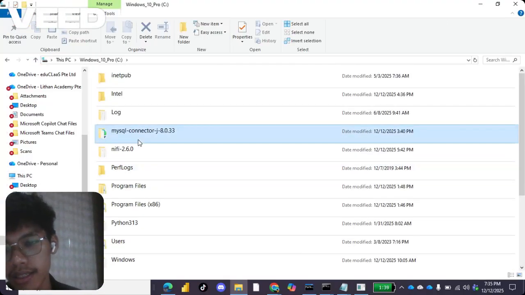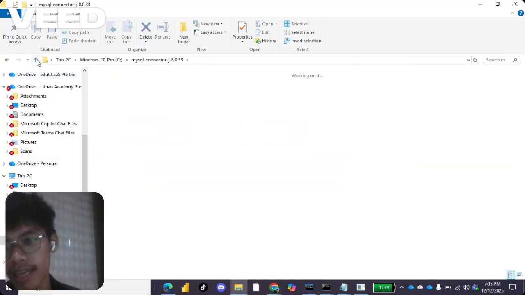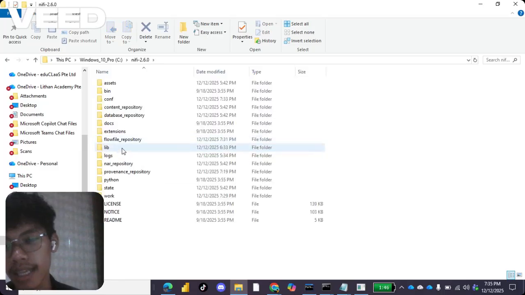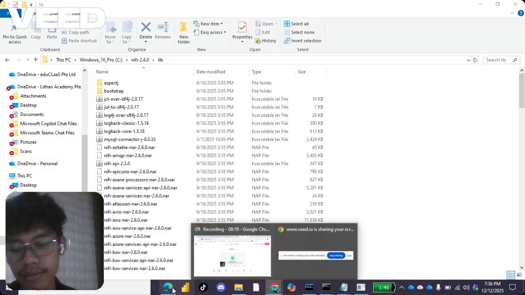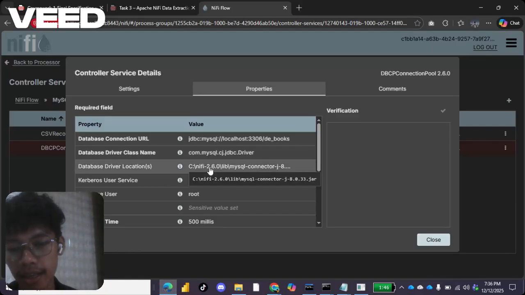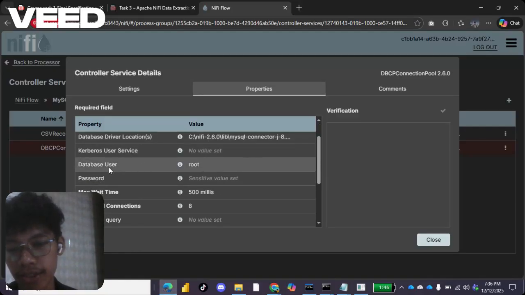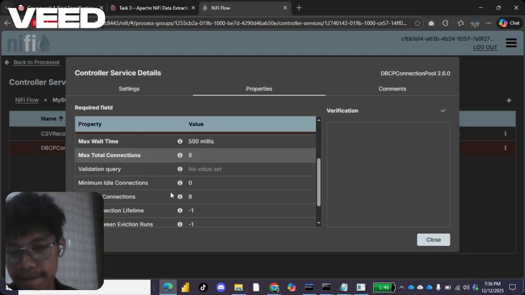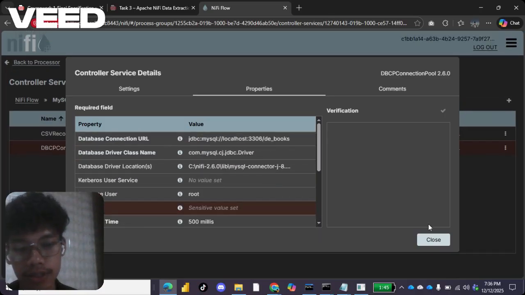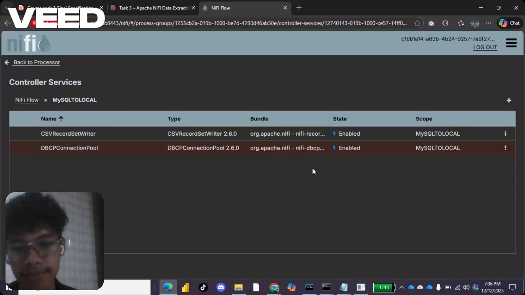Paste it into the NiFi lib folder. Then copy this file location and paste it here, and enter your database username and your database password. Then just apply.